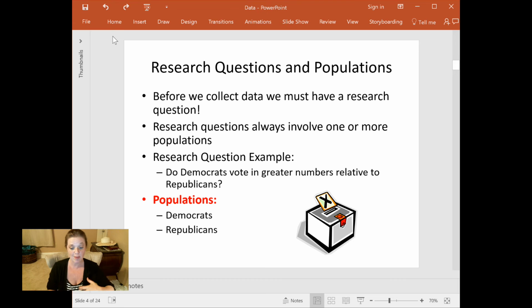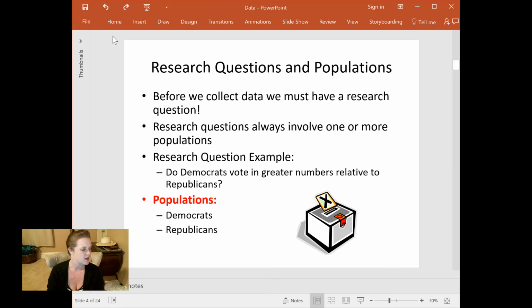We're asking a question about the variable, first and foremost, Democrats versus Republicans, right? Are you a Democrat or a Republican? I guess if you don't fall into either of those camps, you're not in my population of interest. And I'm curious about voting behavior. Do you vote or not? There's another variable. But the population here is Democrats, all of them, all the Democrats in the United States, and Republicans, all of them, all of the Republicans in the United States. That's who the two populations are when I ask this question.